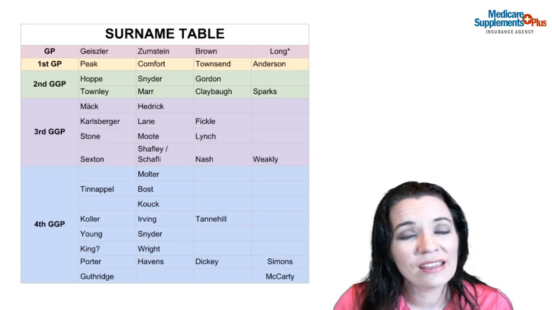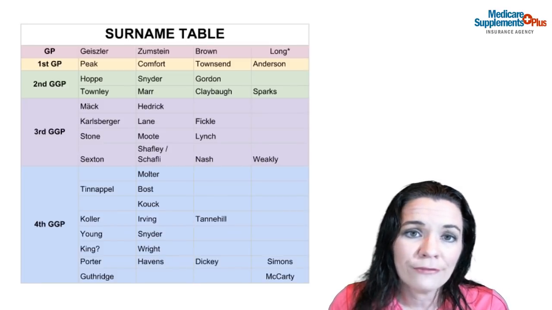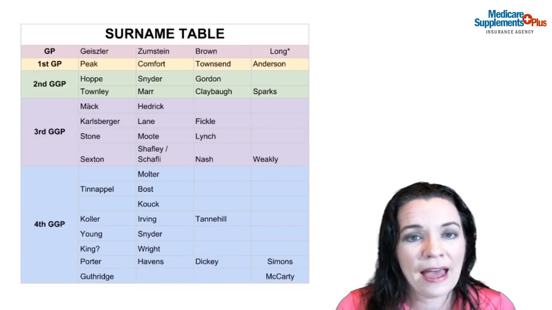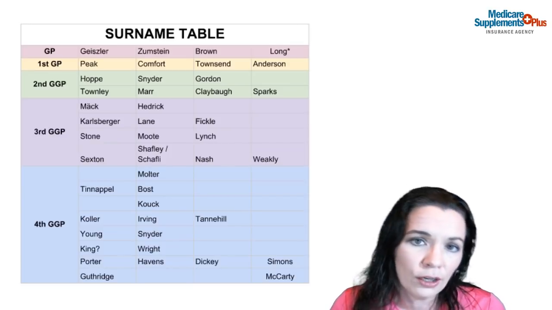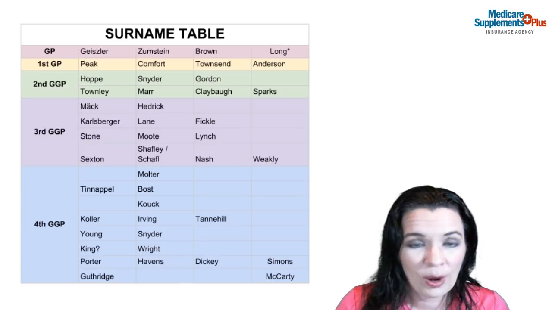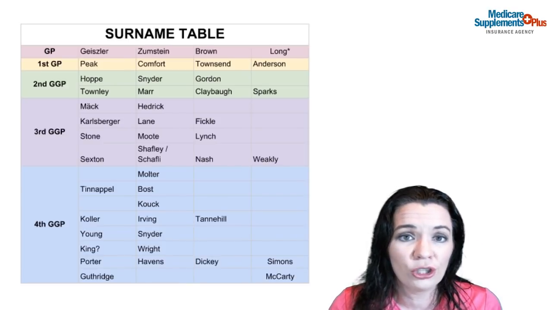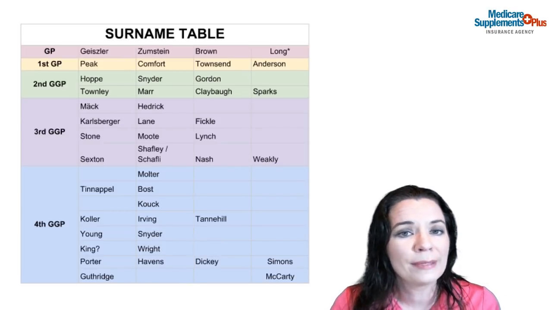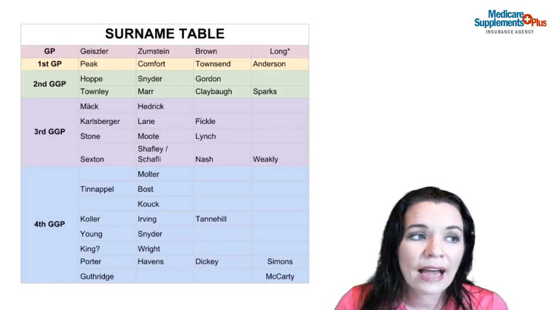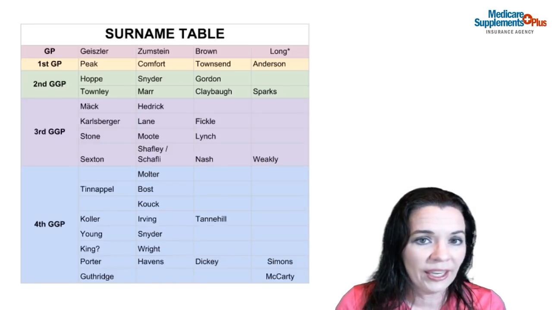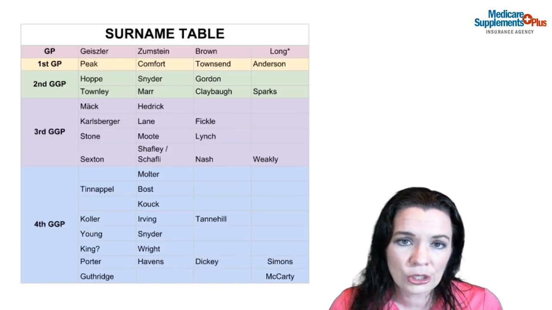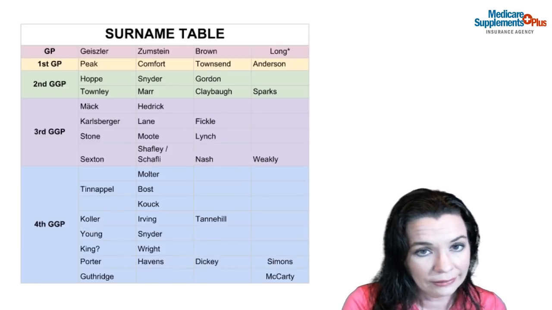So what this surname table is useful for is if I find matches that I believe to be the Geisler-Zumstein family, I can quickly pull up these surnames and say, do any of these surnames sound familiar to you? And in fact, I did discover someone who is through the Hoppe line, H-O-P-P-E, recently. He said, I really don't know that far back, but when I saw his last name Hoppe, I was able to tell him, oh, I know so much about your family. So this surname tree was useful in that family line.